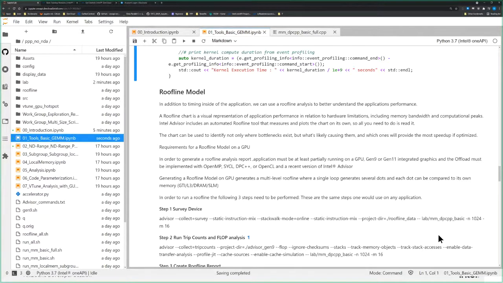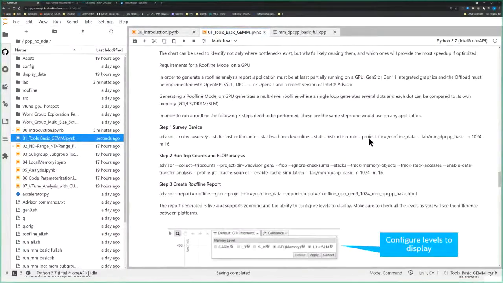We're still working on trying to pin affinity down and being able to measure kernels with respect to that. But there's basically 3 steps, and the nice thing about this is if you have Advisor on your local machine,